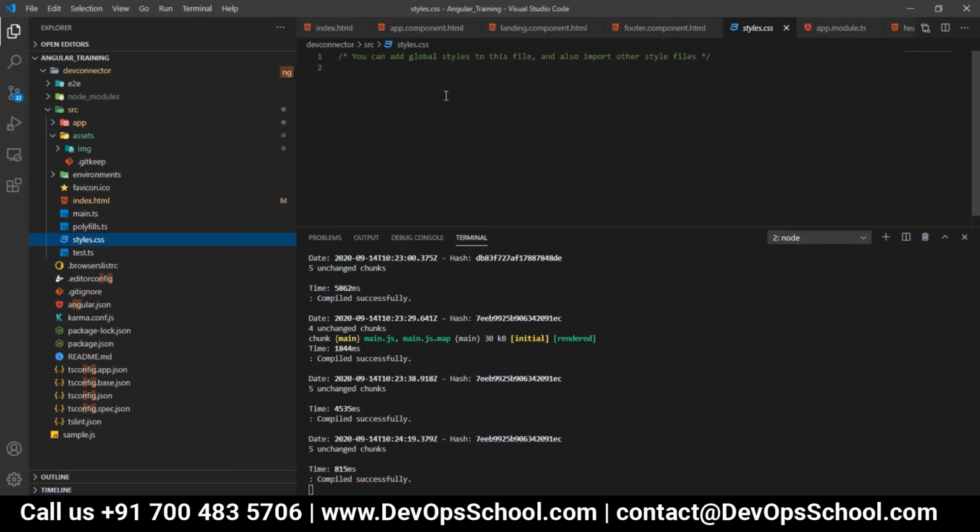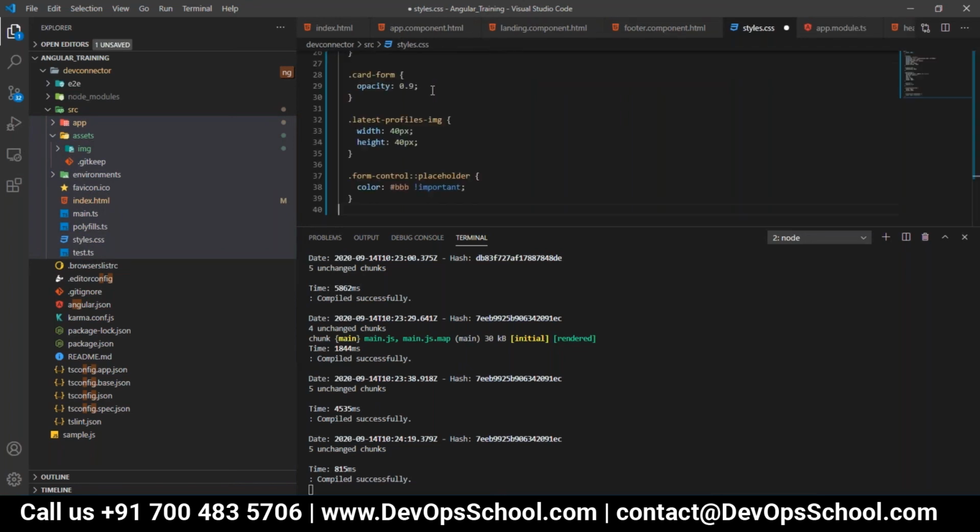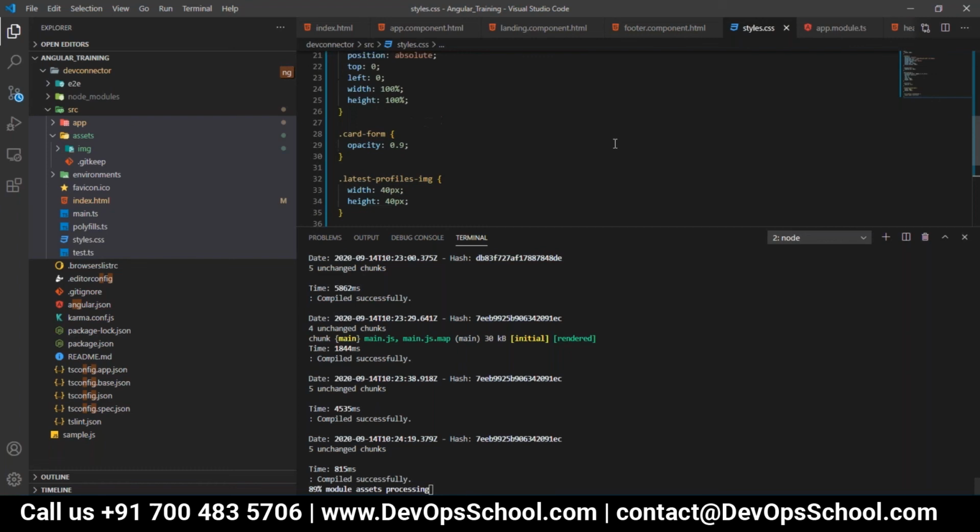There you will find styles.css, correct? Could you please open that file? Control A, remove everything, paste it now. Save it. Now scroll up.